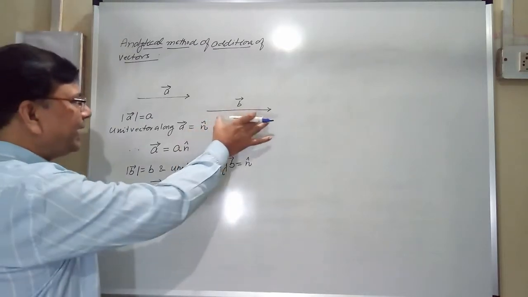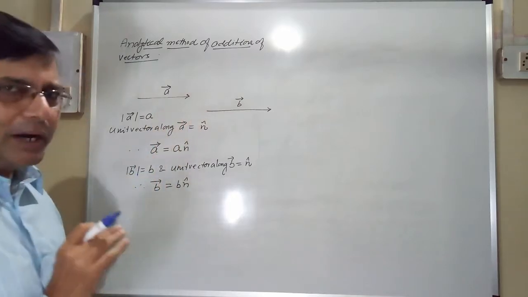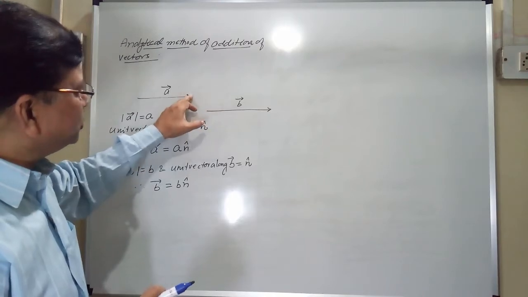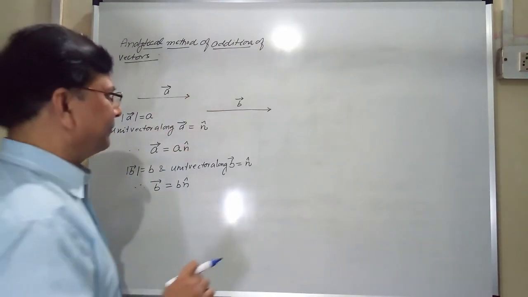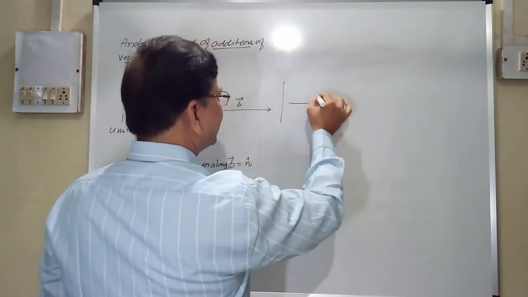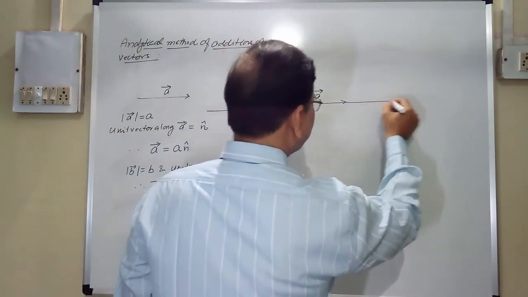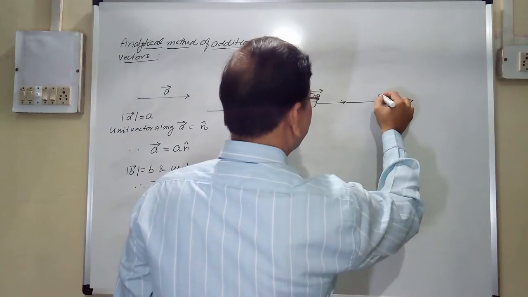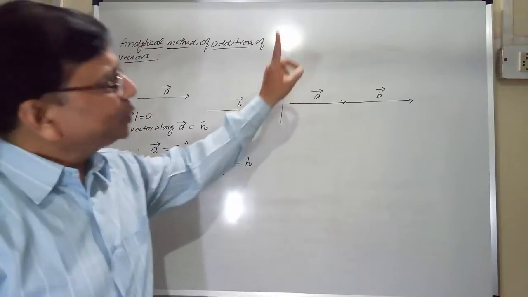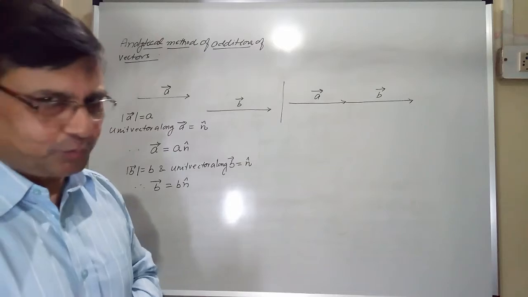Now, if these two vectors are to be added, and direction is same, then what do we do? Simply head of this and tail of this. If we are adding graphically, what do we do? Just look at it. Head of this and tail of this. If we are joining these two, what are we getting? Here, this is A, and B is to be added, then we keep tail of this and we add it, that is our B vector. Then one vector from tail of this to head of B is called the sum of these two vectors, addition of these two vectors.